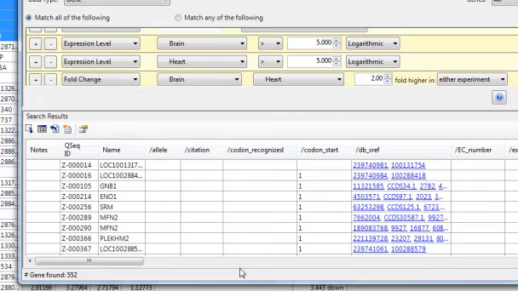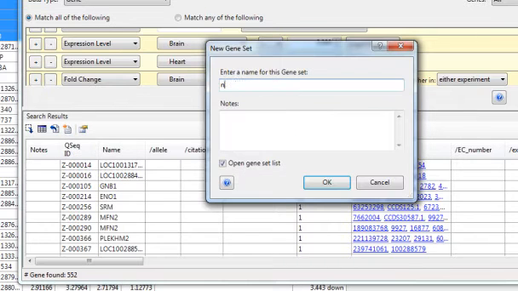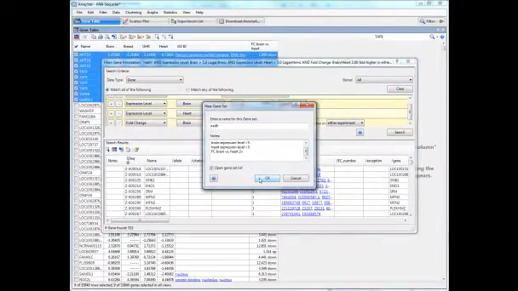I'm going to save these results as a gene set by clicking on this button. I'll name it NADH, and I like to paste my search criteria into the notes field so that it makes it easier to remember later. Then I'll click OK,